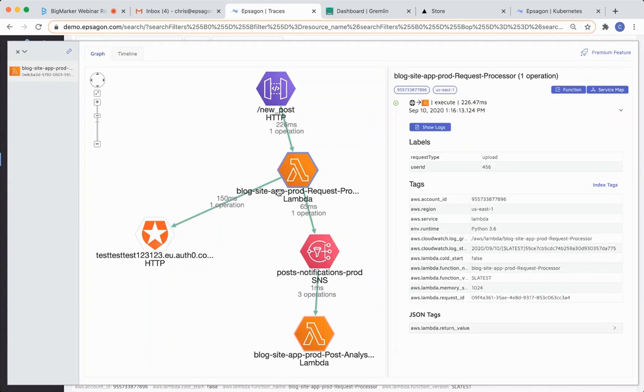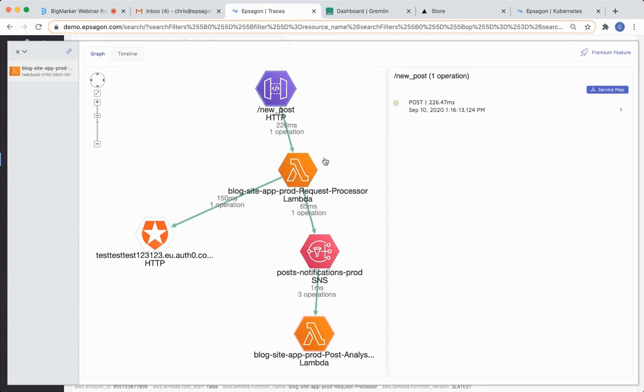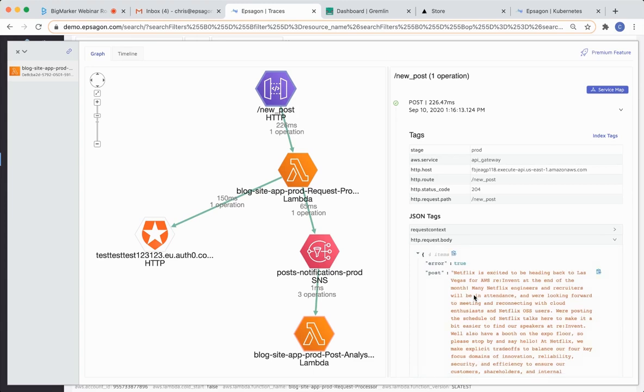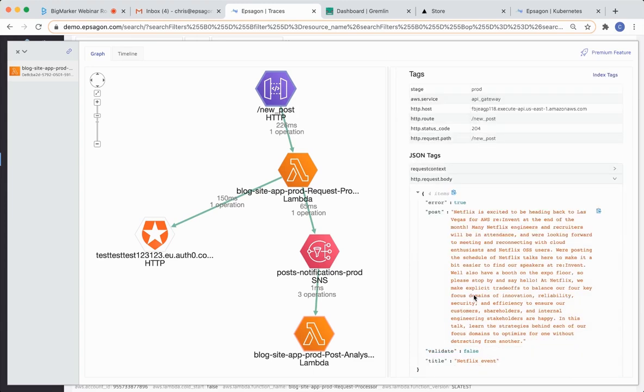It looks very similar to the service map. The key distinction here is that it's only showing the services that took part in this single business transaction. And it's giving you that end-to-end view and understanding of what happened at each step of the process. Really important is that we give you full payload visibility here at Epsagon, and so we can see that information here. It's tremendously valuable not only for troubleshooting purposes,